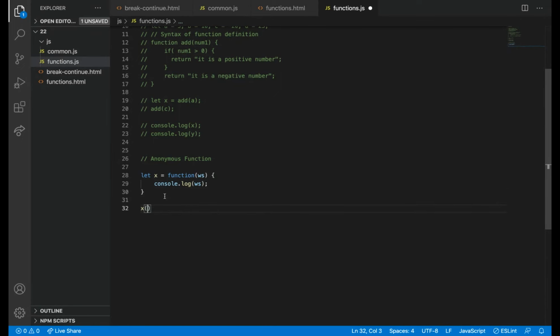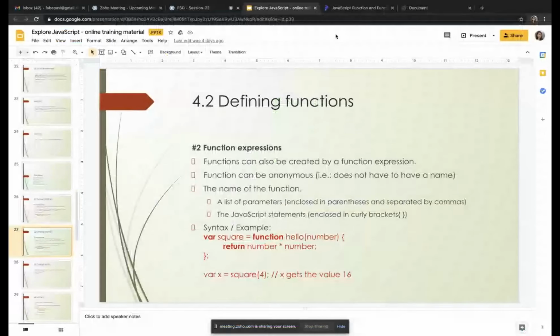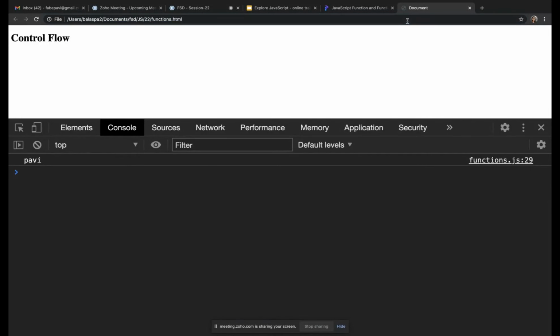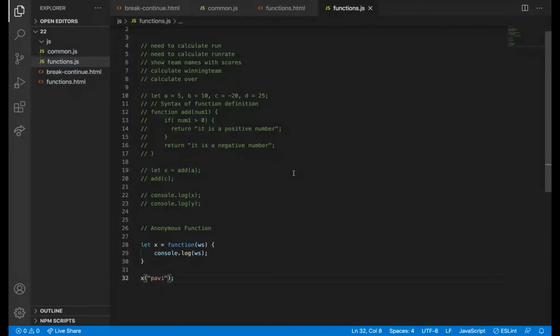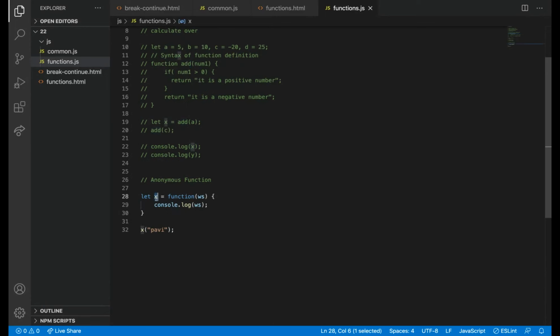I can call it like this. Here the function is not having any name. We are just assigning it to one variable, and then we are calling it here. So calling with some string for v, it is printing for v, but the syntax is different, right? Here there is a function name, and then some parameter. By using this name you are calling, but here we are assigning to some variable, and then we are calling it using the variable, not by the function name.